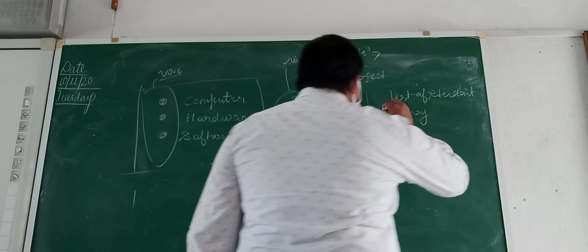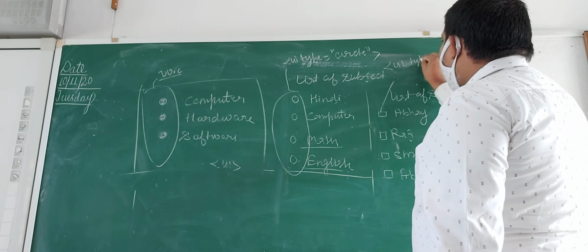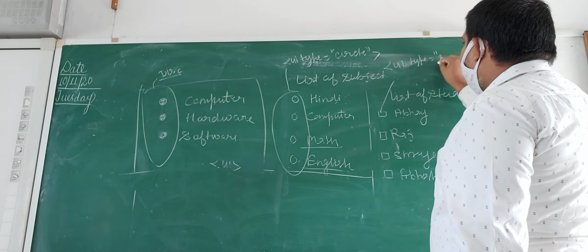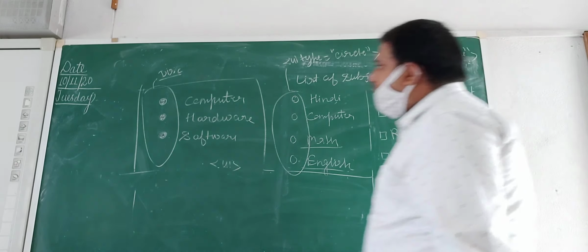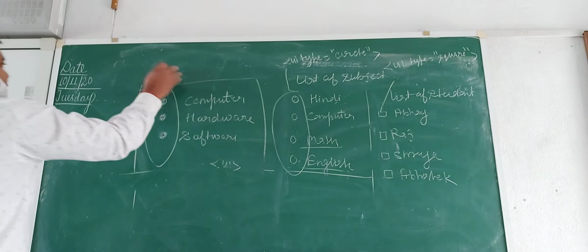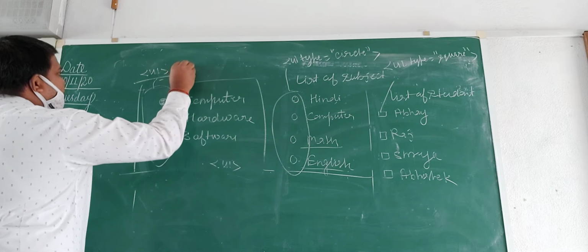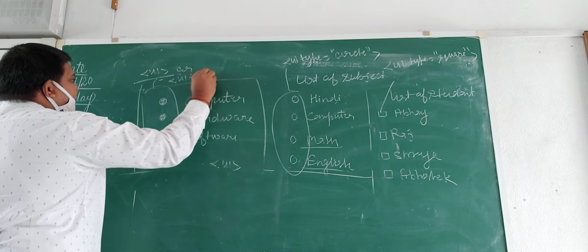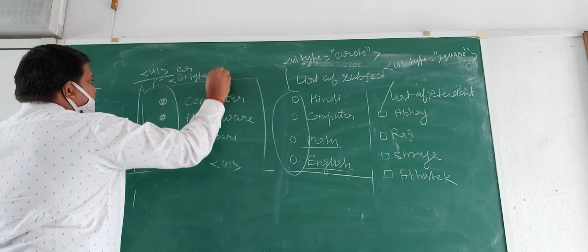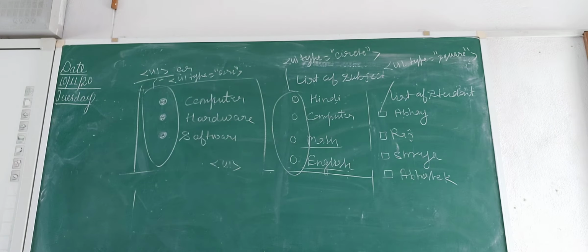And to display this type of value, what do we have to write? UL type is equal to square. And if we are going to display the disk one, you have both options. You can use only UL, or if you want to use the type attribute, you can write UL type is equal to disk. Is it clear? Any doubt?